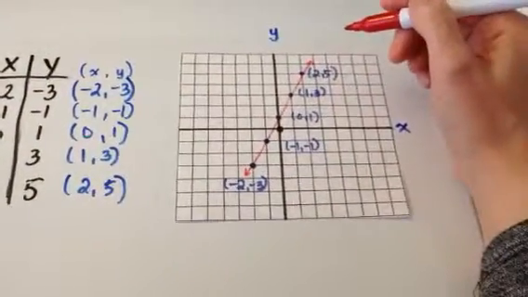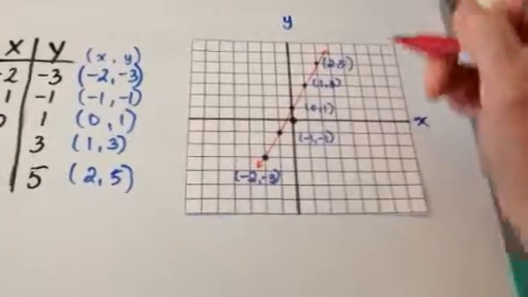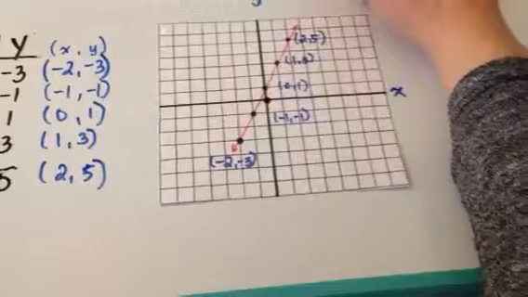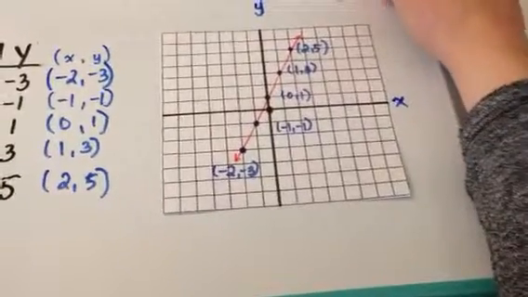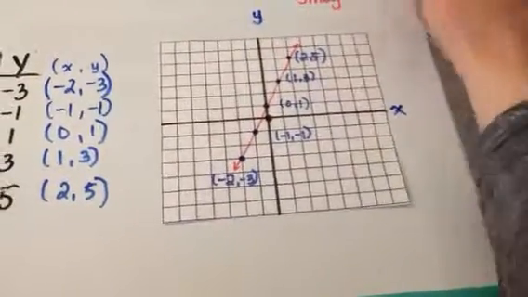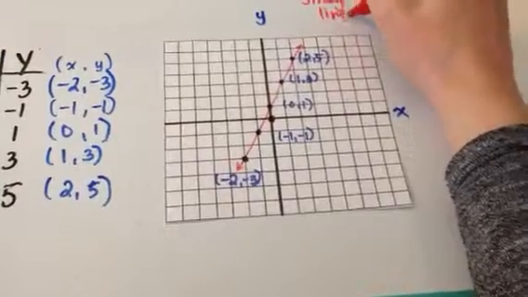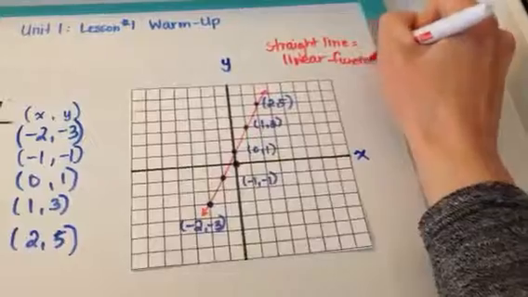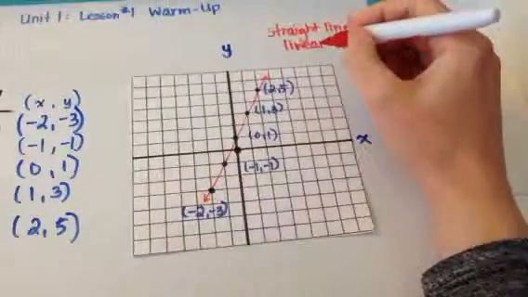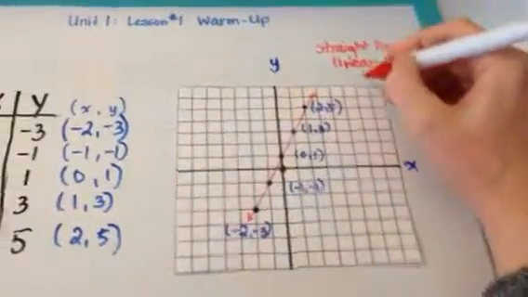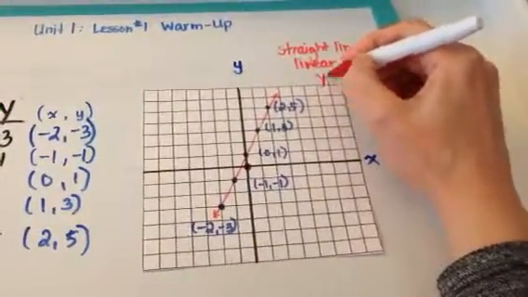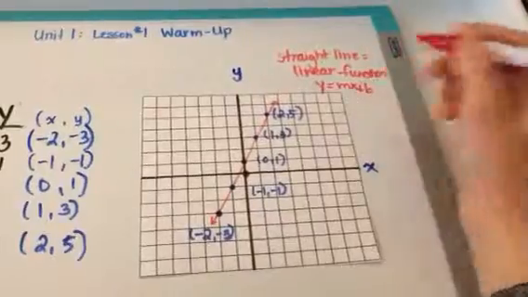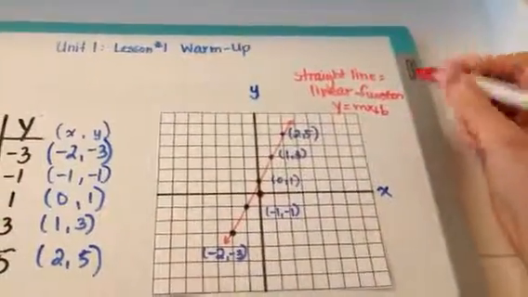So, if you can recall, a straight line is called a linear function. And the general equation of a linear function is usually in the form y equals mx plus b. Okay,